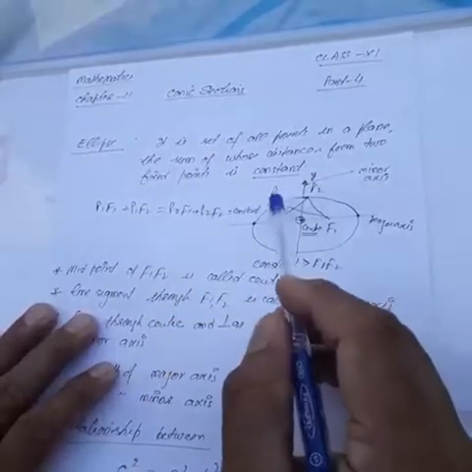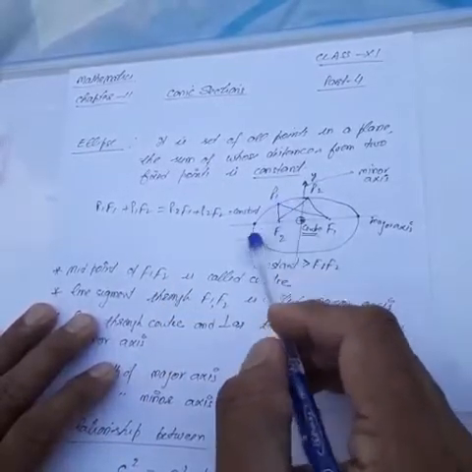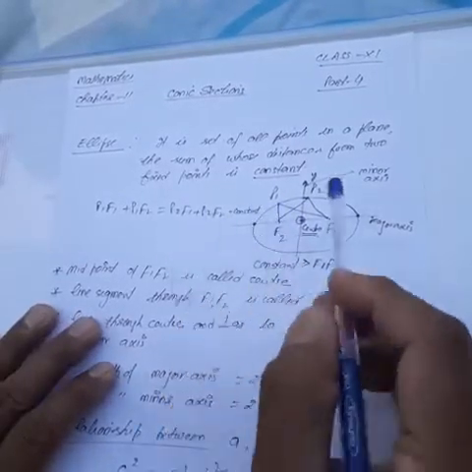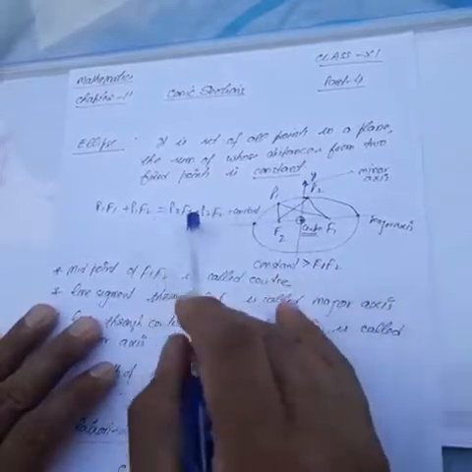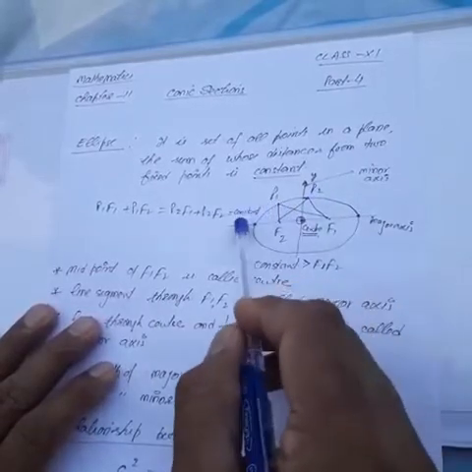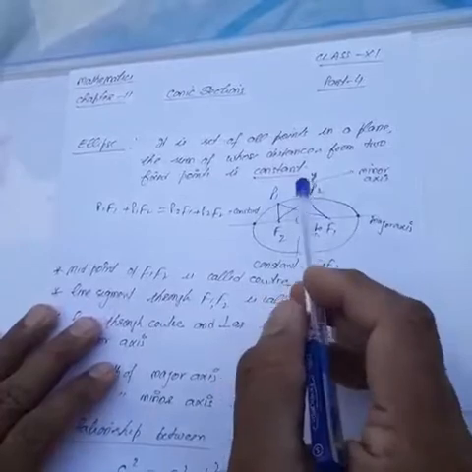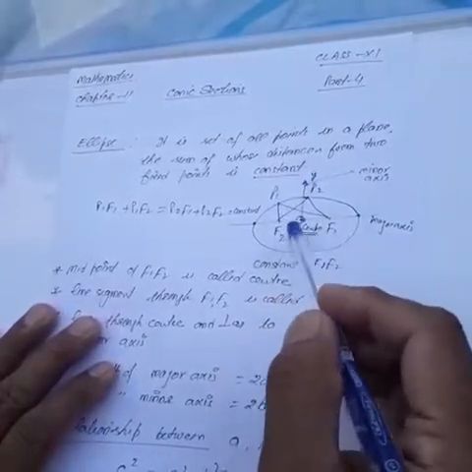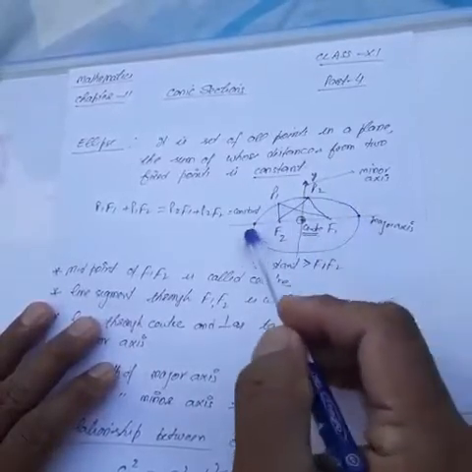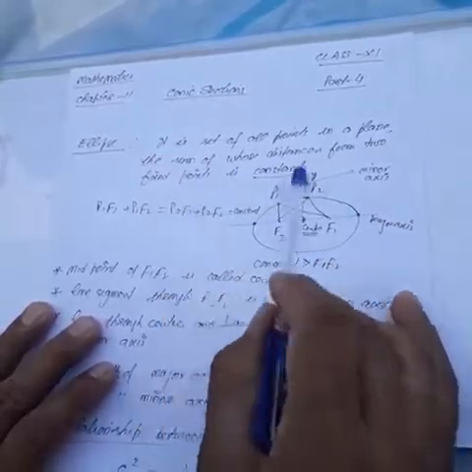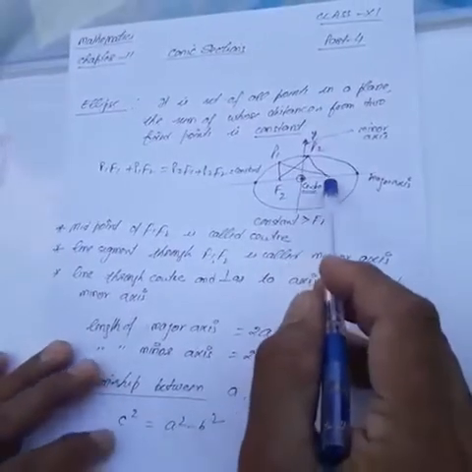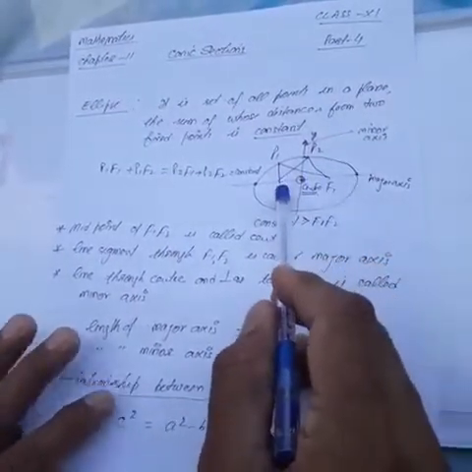So what is the definition? If you take any one point P1 on this ellipse, then P1F1 plus P1F2 will be constant everywhere. So it means the value will be the same. It means P2F1 plus P2F2 will be equal to the same constant value. So the sum of distances from two fixed points will be the same, and it is a set of points. There are many points on this, so it is a set of points satisfying this condition. So this is an ellipse.